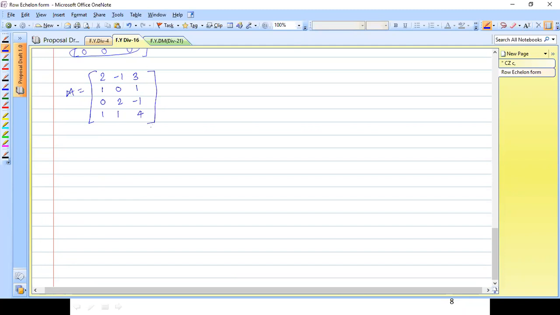Now it depends on you. Sometimes we will ask you just to find the rank. So either you can use the definition or row echelon form, it totally depends. Also we have normal form in the picture. So for normal form also you can use any method. If we are asking to find the rank, you can use any method. Okay, just write. So right now just try to solve by using row echelon form. Don't try to use the definition.